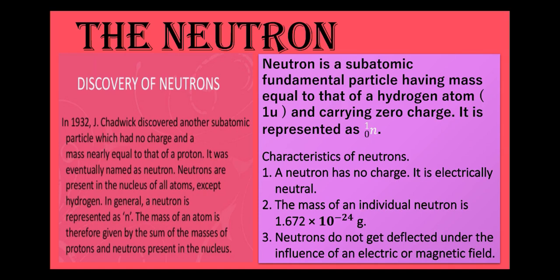Firstly, it was discovered that protons are there, positive charges are there, and negative charges are there. But at the same time the scientists wondered: if positive and negative charges are there, then why is the atom neutral in nature? Then in 1920 it was suggested that an uncharged subatomic particle was also present in atoms, and the existence of this particle, named the neutron, was confirmed by J. Chadwick in 1932.